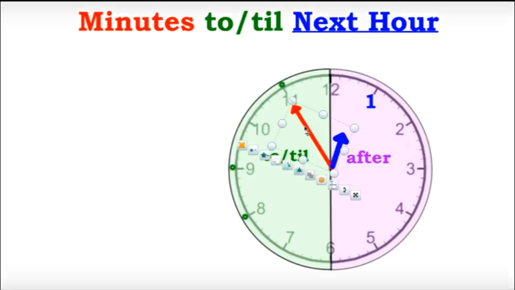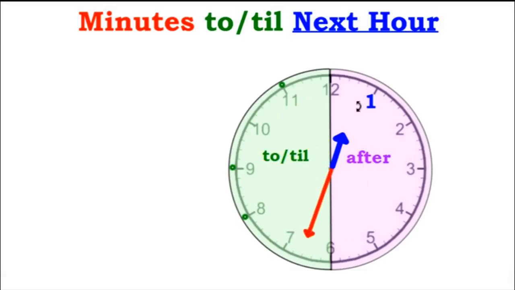Now, for the other side of the clock, in green, we do not use after. We use to or till. And again, we use the minutes, to or till, and the next hour. The next hour. So we can see it's